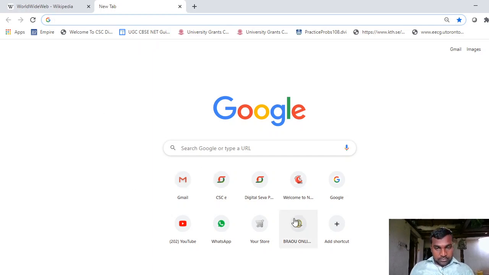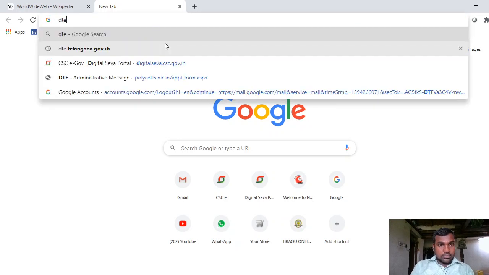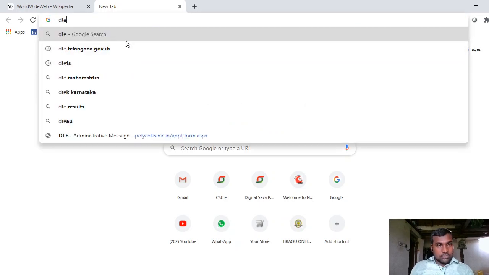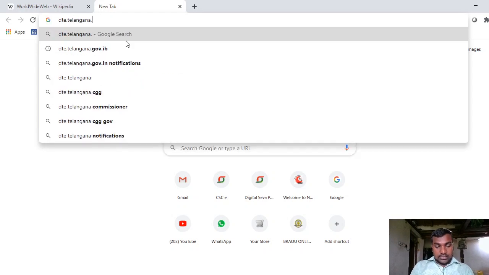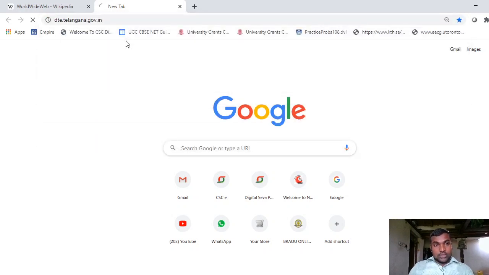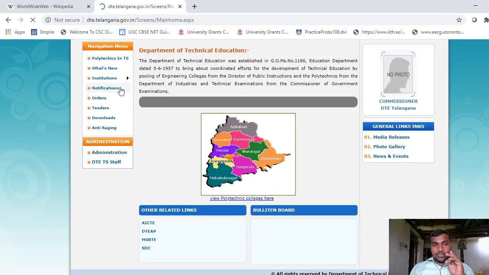For example, dt dot telangana dot gov dot in. Dot in is the top level domain. Gov dot in is the top level domain.